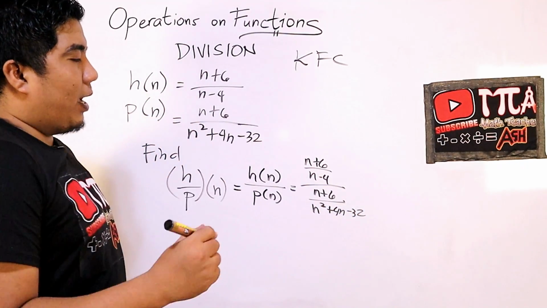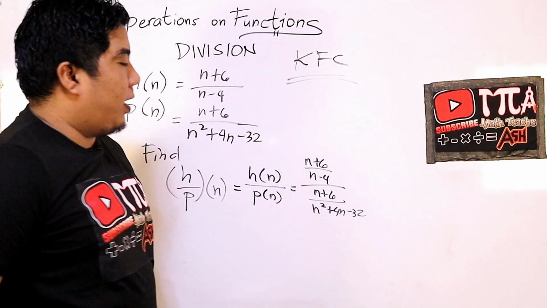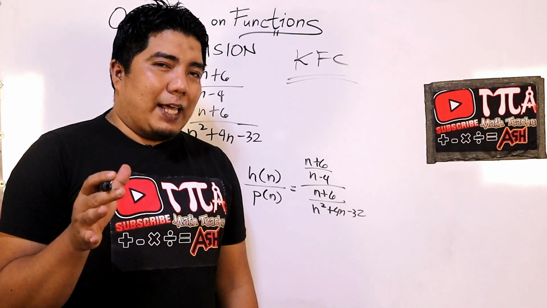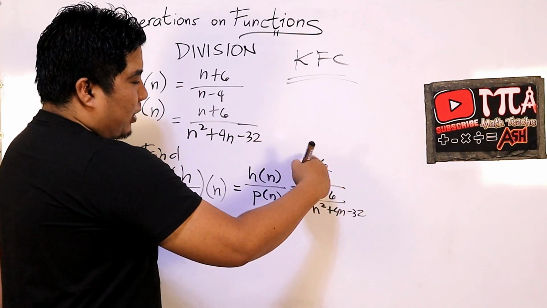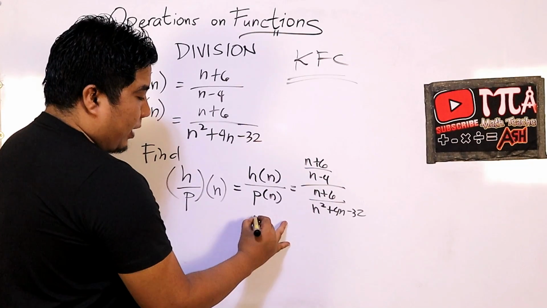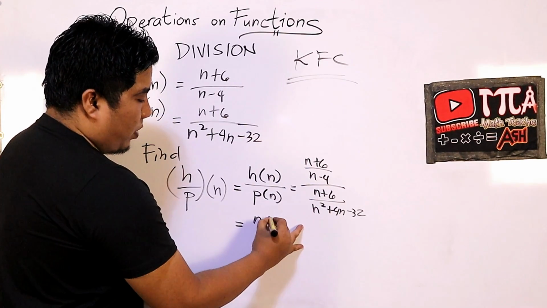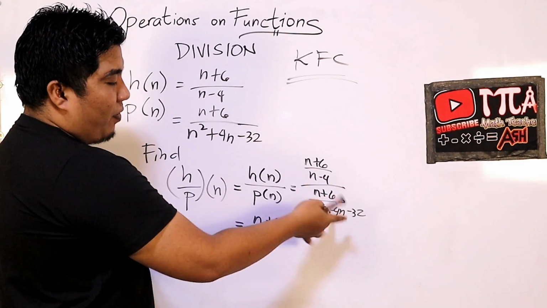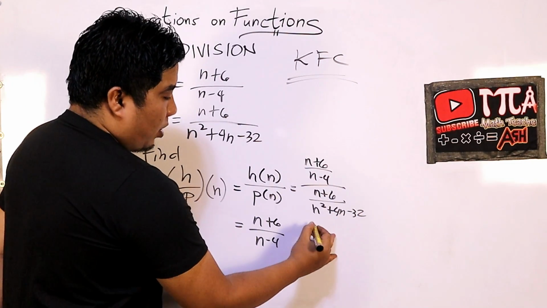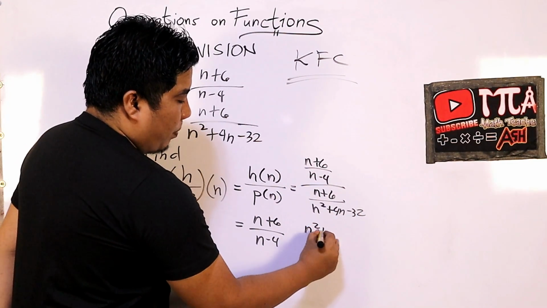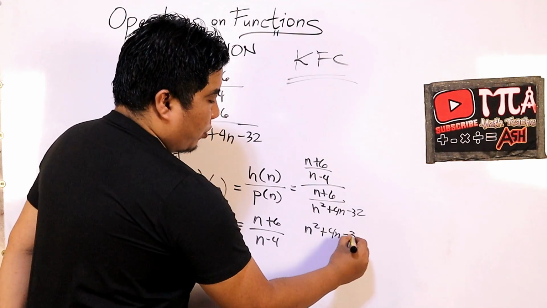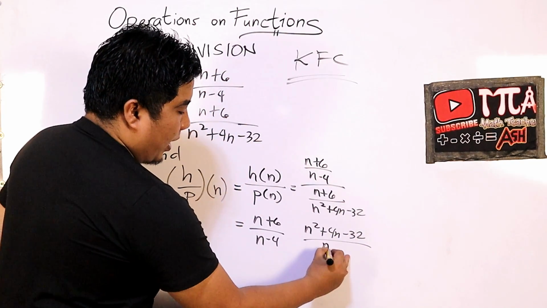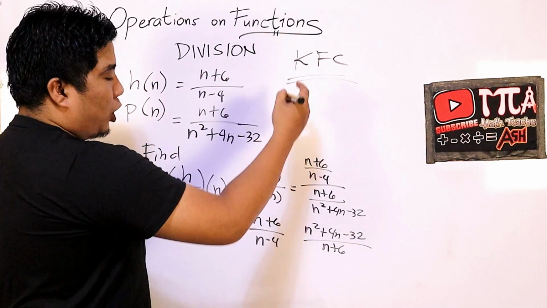Okay, then we apply our KFC, that is keep, flip, and change. So we keep this first, our numerator, that is n. Okay, I'll just continue here, n plus 6 over n minus 4. Then we flip our denominator, so that will become n squared plus 4n minus 32 over n plus 6. Then we change this